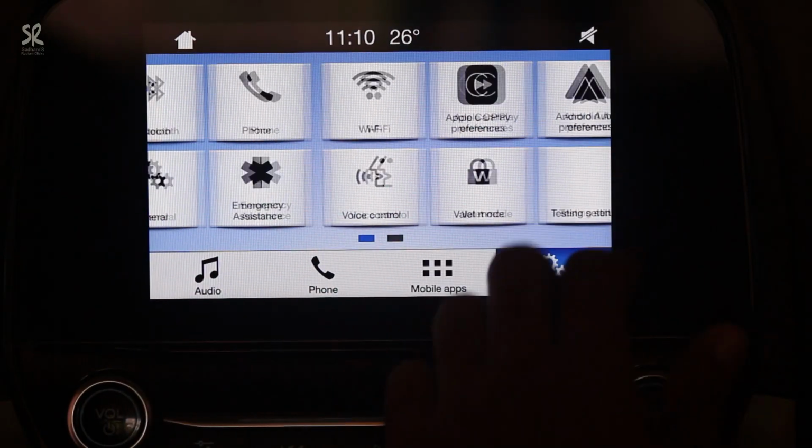In this video, I am going to give you the complete demonstration of how to upgrade your Sync 3 infotainment system. As you know, Ford is equipped with Sync 3 and Fly Audio infotainment system till now. We are expecting an Android system in 2021 models. So in this video I will show you how to update that Sync 3 infotainment system to the latest version.